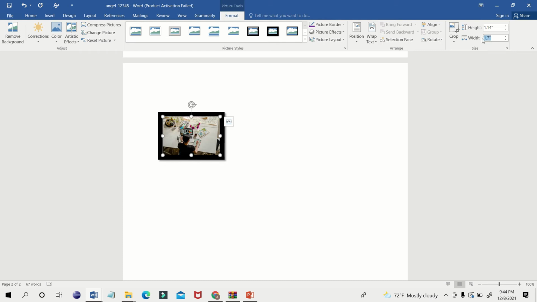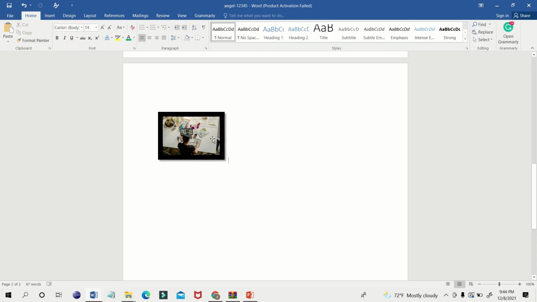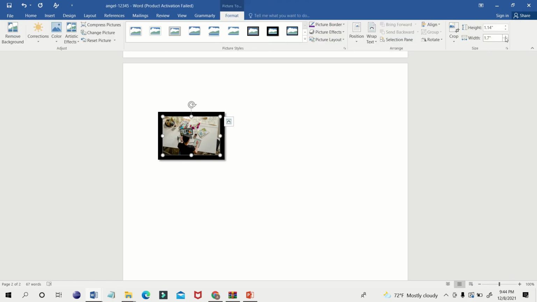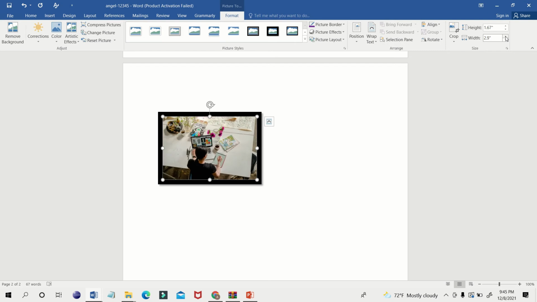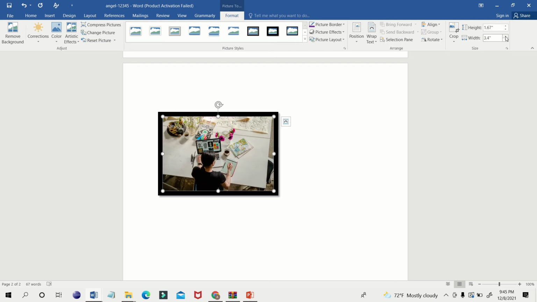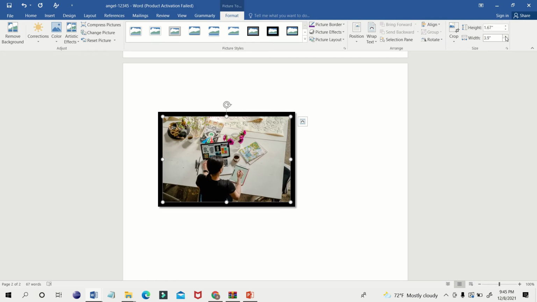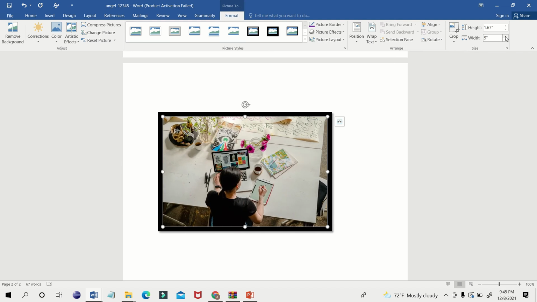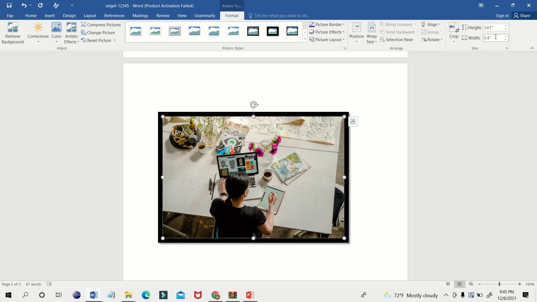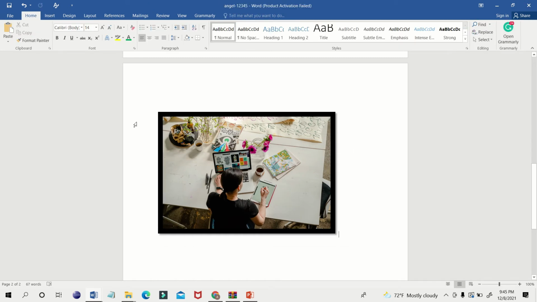You can better delete and write 5 inches. Sorry, there is a problem in the system. That's it. Now 5 inches is done. There is a problem in my computer, so you just give 5. Okay, that's it. Now it's done.